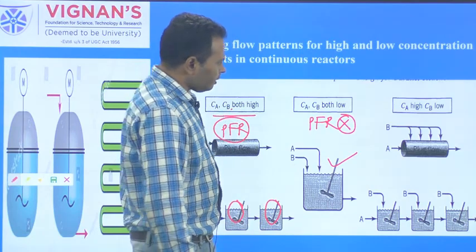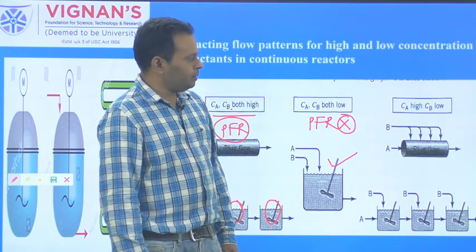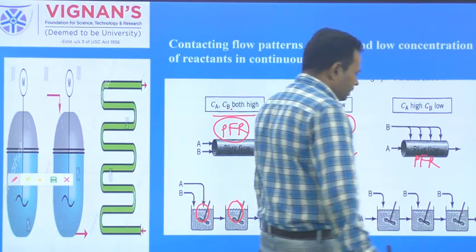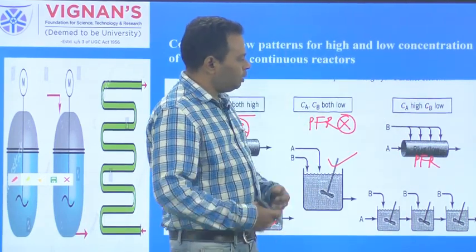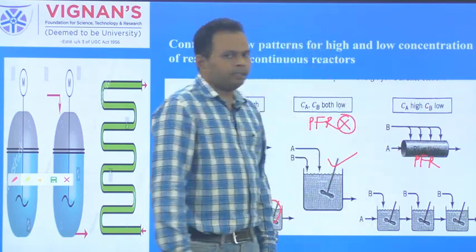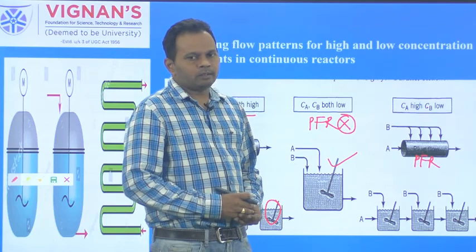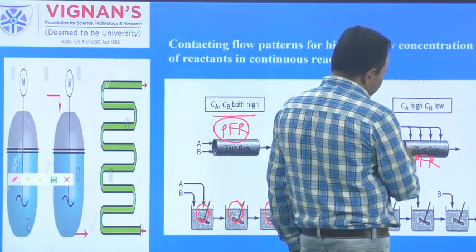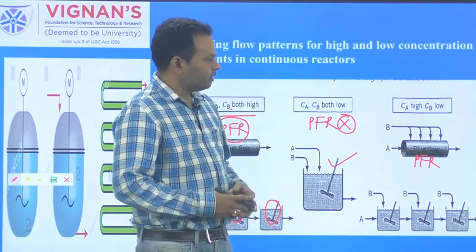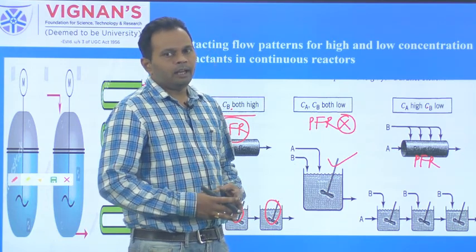And third one, maintaining high Ca and low Cb. To maintain high CA and low CB within the PFR, first send the A into the PFR with high flow rate, so it maintains CA high, and if you want to maintain the low CB, add the B from the walls of the PFR at different points along the length of the PFR, so that we can maintain high CA and low CB. Suppose if along with A we also send the B, again it maintains high CB. So to maintain the low CB, we need to add the B at different points along the length of the PFR, so that we can maintain high CA and low CB.